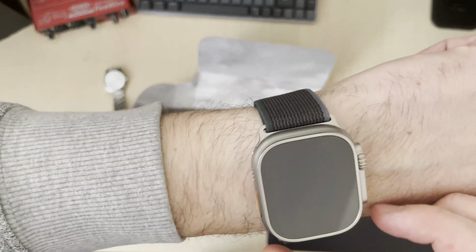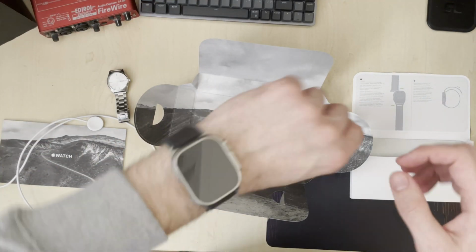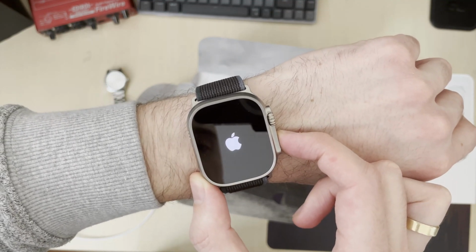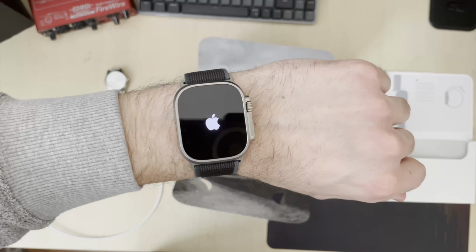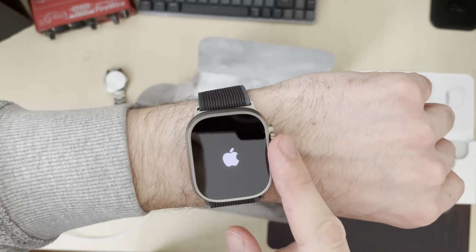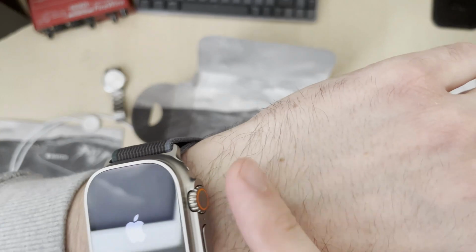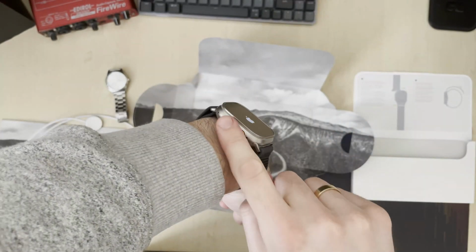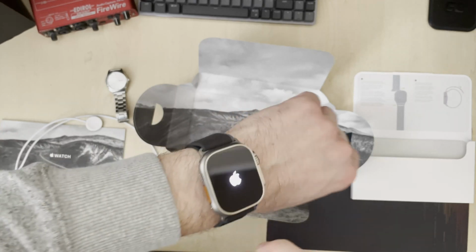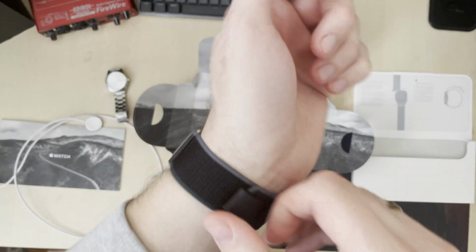Cool. So, that was the unboxing of the Apple Watch Ultra 2. Now, the last thing we need to do, turn it on. Here we have the Apple logo. Oh, it's so soft, spinning so soft. Okay. Nice. Speaker, mics, GPS. Okay, we'll see. Maybe a little